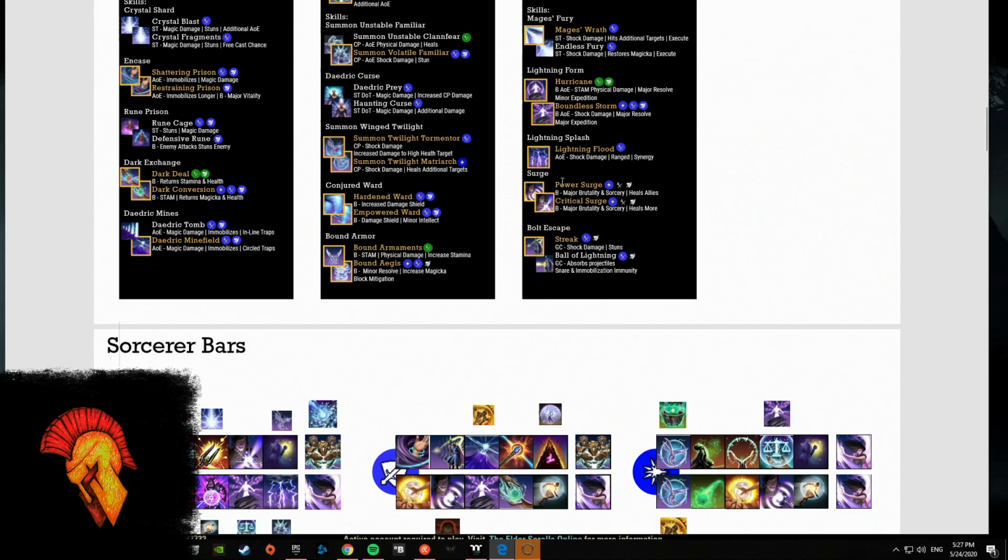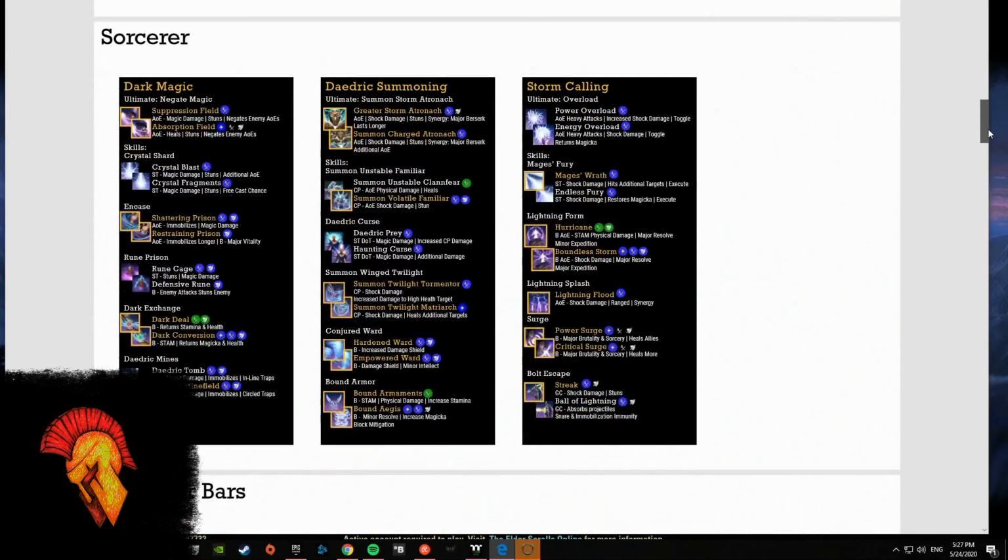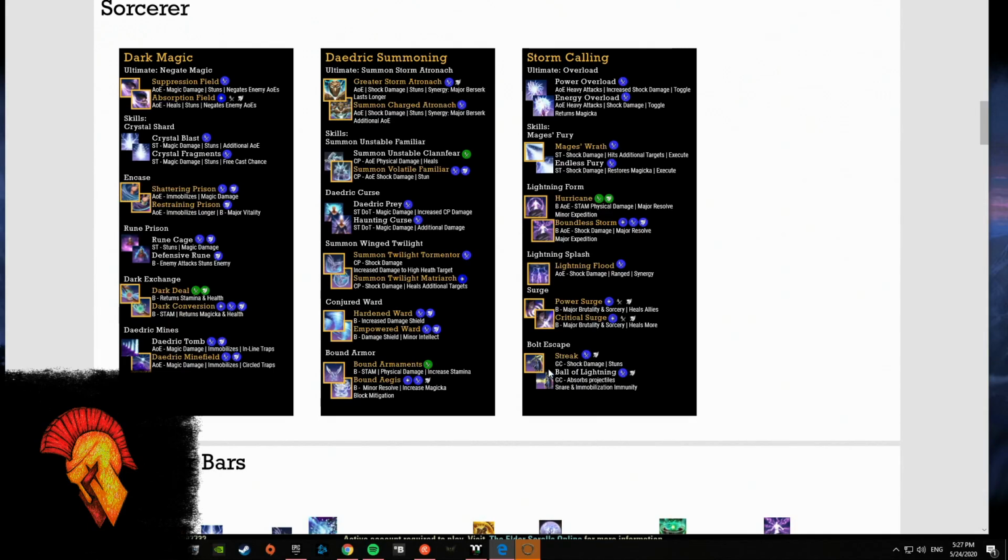Power Surge. Both of these are kind of recommended. One because it heals allies, and the other one because it kind of heals you. Both give you major brutality and sorcery, and those are pretty solid. Both Streak and Lightning Ball are great. We focus more on Streak here because of the stuns that you get from it. They'll definitely be perfect. Now, as far as builds go,